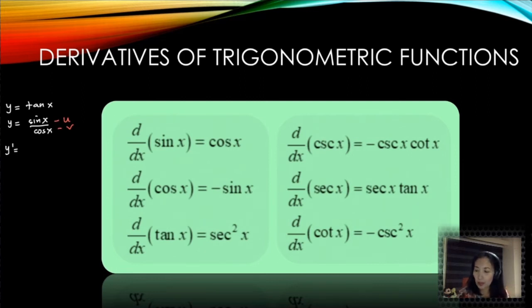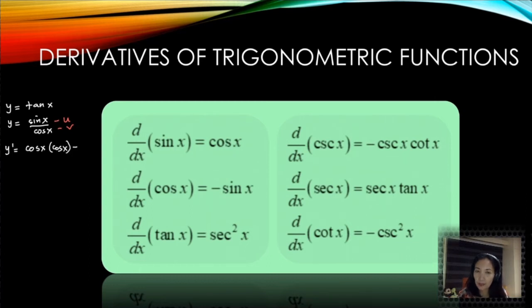So let's do that. v is cosine x. du, what did we say about derivative of sine x? Derivative of sine x is cosine x. So I have to write here cosine x